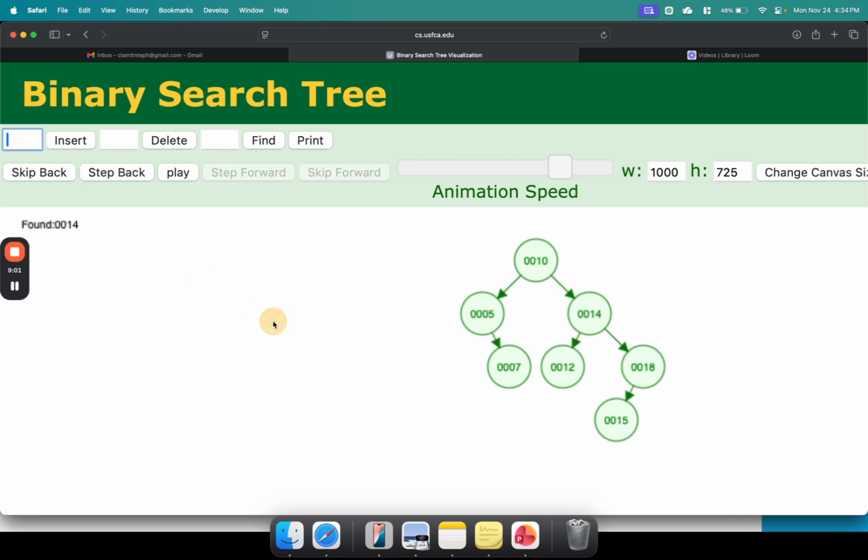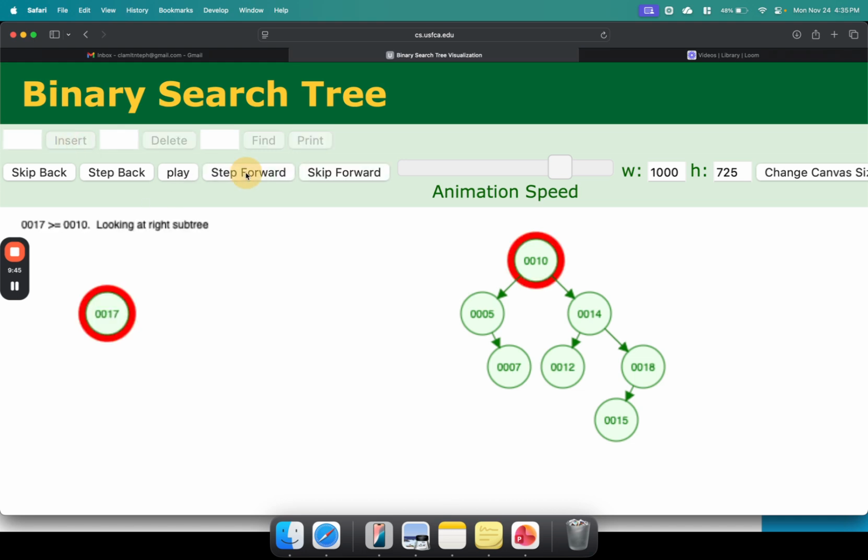Okay? So, let's try to insert that number 17 that I was talking about a while ago. I would pause the video here and I want you to guess. Where do you think 17 will appear? Will it appear to the left subchild or right subchild? And who do you think will be the parent of 17? If you answered that the parent of 17 is going to be 15, then you are correct. So, just remember what you are going to do when you insert.